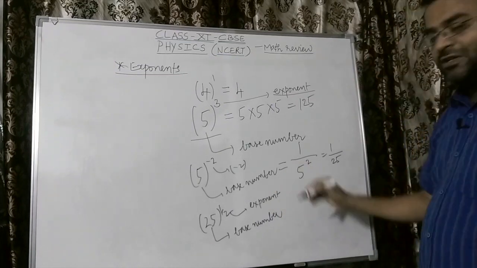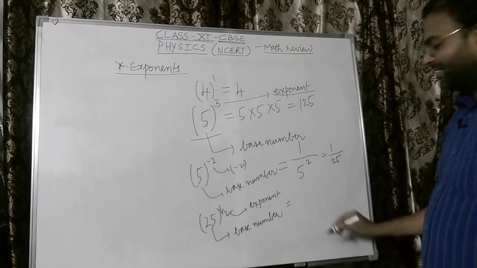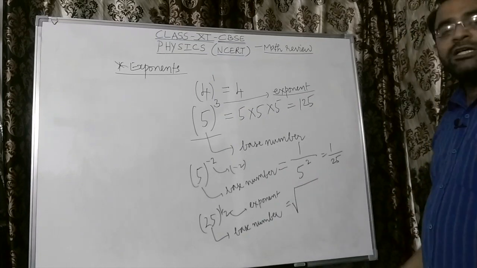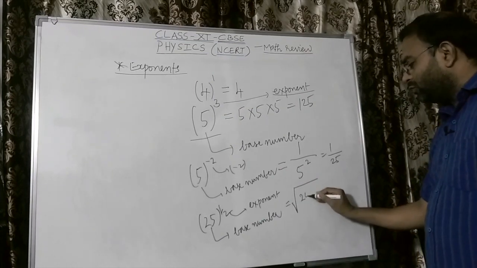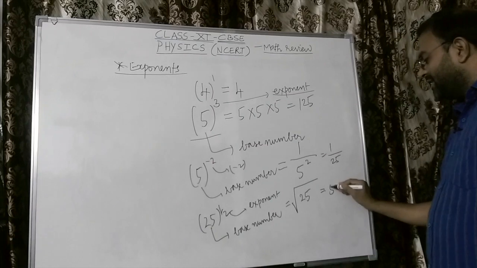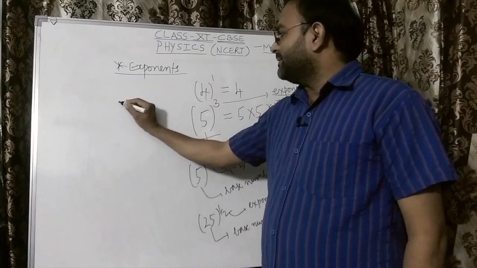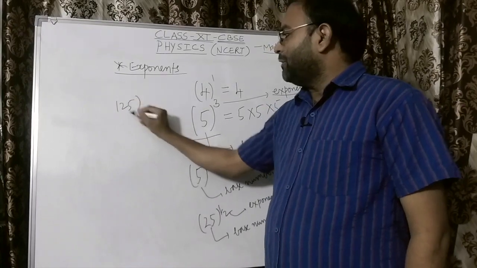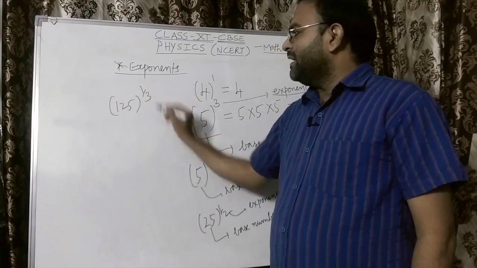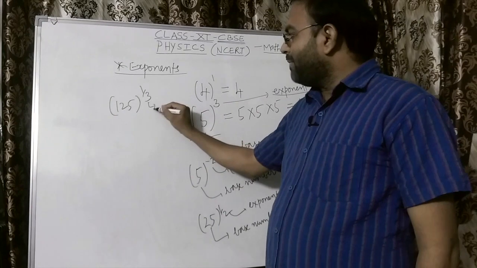And this has a special name. This 1 over 2 exponent has a special name. It is called the square root. So it is square root of 25 and the result in this case would be 5. In the same way, if you write 125 raised to the power 1 by 3, this also has an exponent of 1 by 3